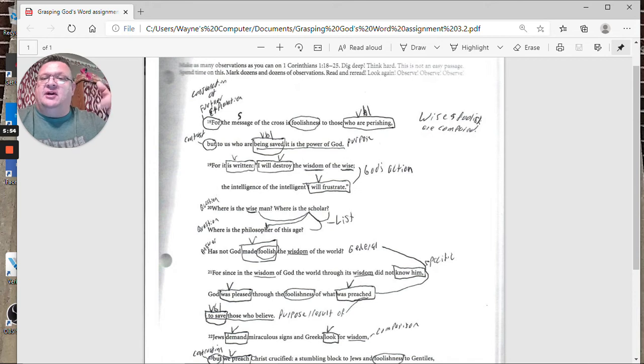So a lot of your present tense verbs, if you say that verb is present tense, that means it's imperfective. It's an imperfective aspect because it's still going on. If a verb is in the past tense, in the Greek we call it aorist. If it's in the past tense, then it's a perfective aspect, because it's something that's already been fully completed. So you can even begin to ask yourself what kind of aspect it is: imperfective, perfective, or stative?